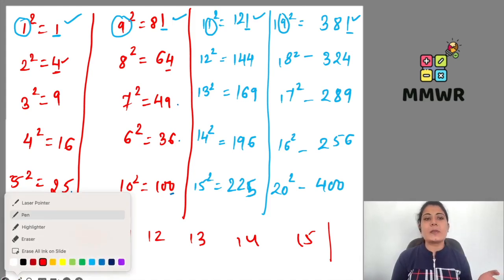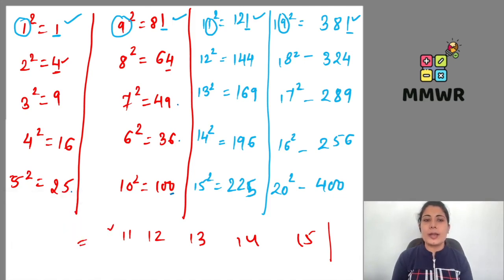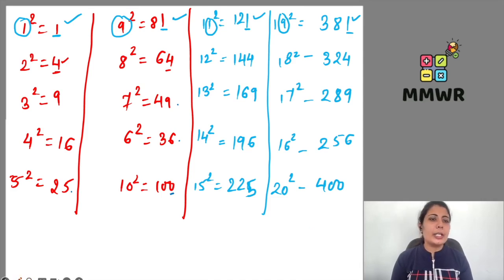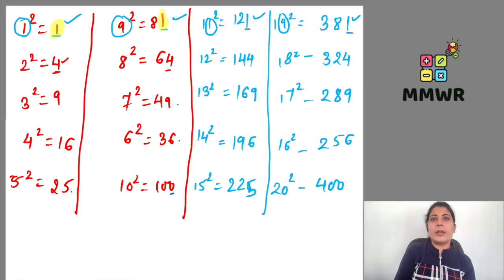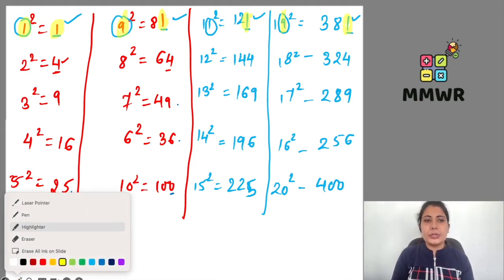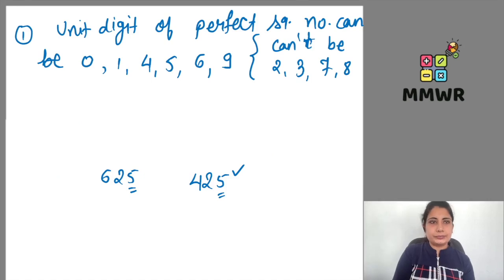So in which cases can we say the number is a perfect square? For a small number it will be very easy for us to remember whether it is a perfect square or not. But for a big number it will not be that easy, right? So here we can observe 1 is coming at the unit places. Why? Because the unit place of the square number is 1 or 9. So in case of 1 or 9, the second point which we can conclude from here,